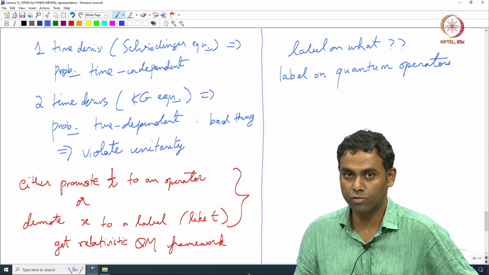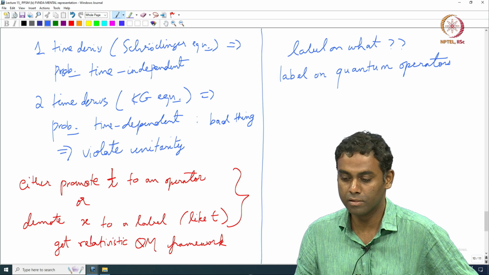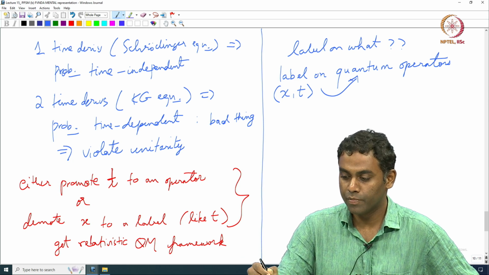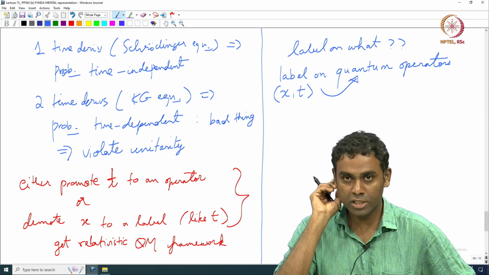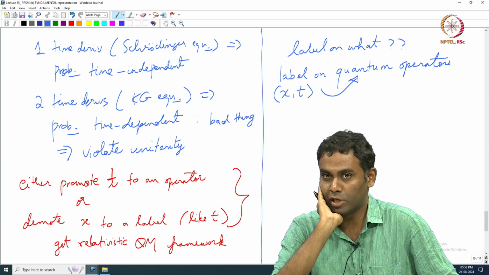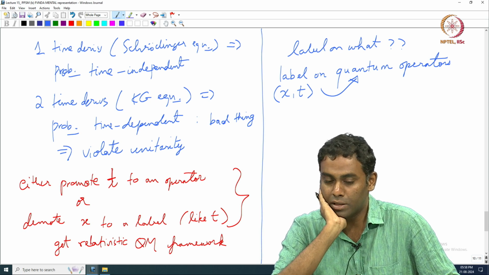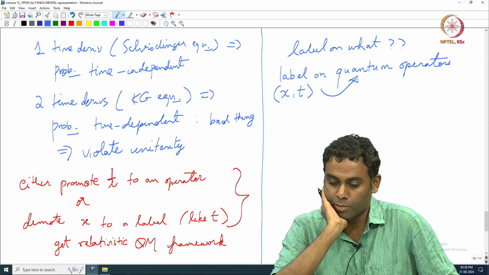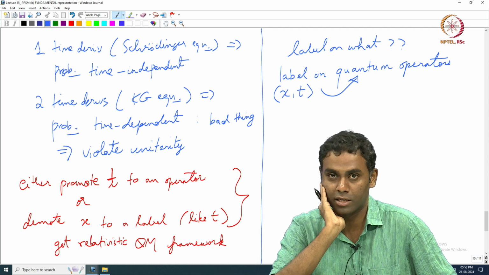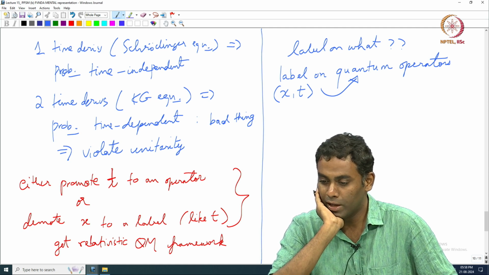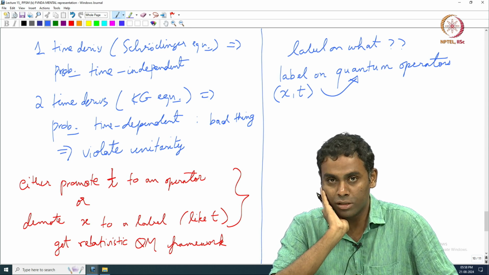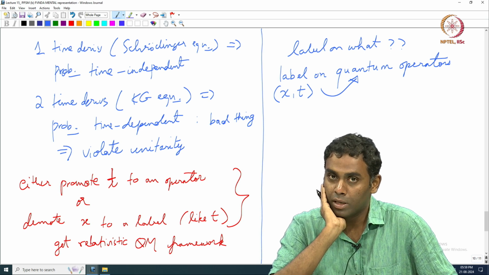So, what is left in quantum? There is a wave function, the only other thing that is left is quantum operators, right. So, I am going to use both x and t as labels on quantum operators. Now, pause for a second and think about this, okay. We have seen so many operators, we have seen position itself as an operator, momentum operator, spin operator and so on, okay. But these acted on some quantum space, there was some Hilbert space, and then you did some transformations, you had some evolution, etc., right. But now we are claiming that there may be quantum operators that are functions of the position and time